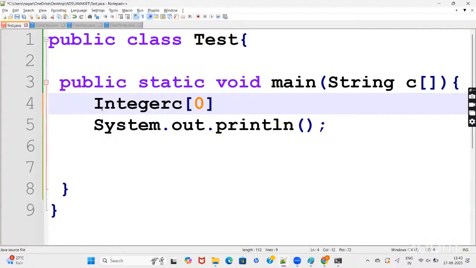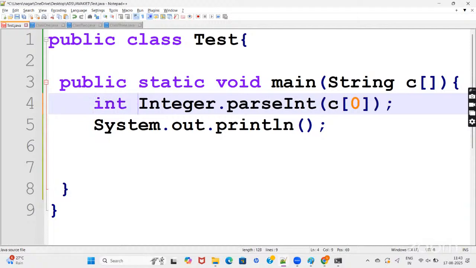Integer.parseInt of c of 0. What is c of 0? c of 0 is a string. We are converting that string into integer. What is the return type? int. Can I continue with a or x? Anything is fine. Next,